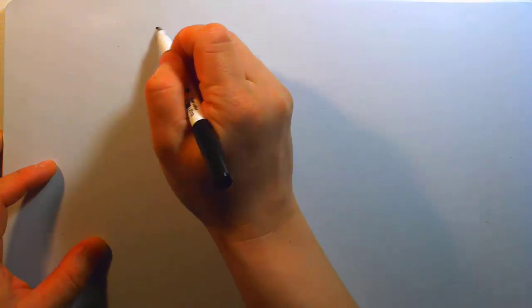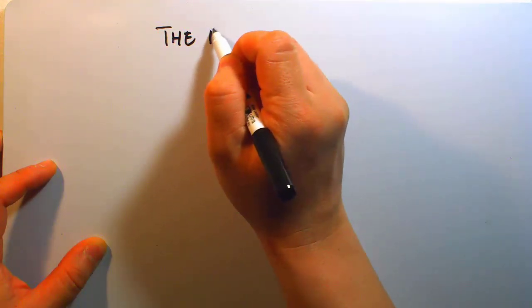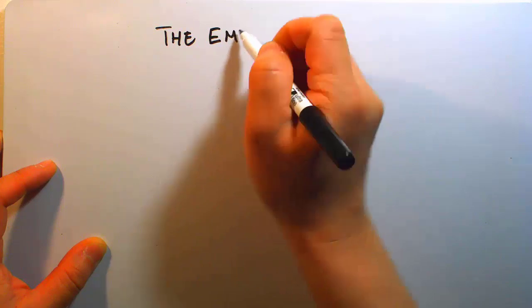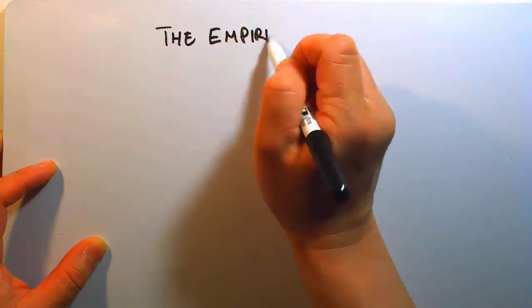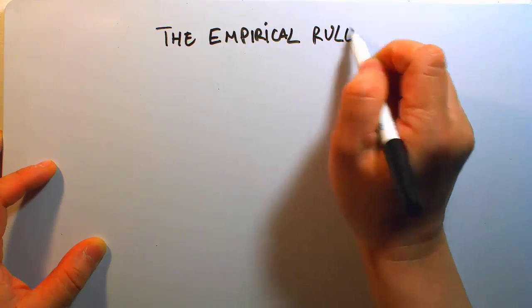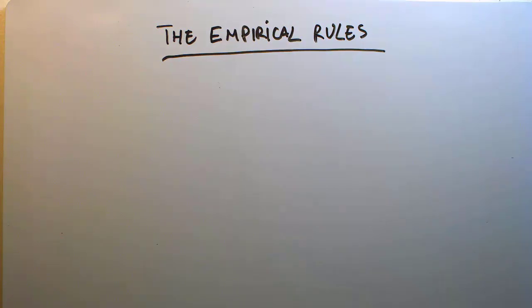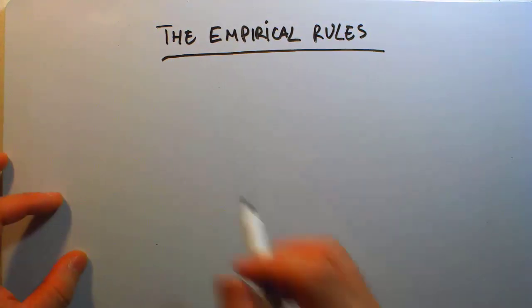All right, so now everybody is really ready to understand what the empirical rule is all about. It's actually not only one rule, it's a set of rules. So really now we get into the real core of the empirical rule. But before we can really get far on the empirical rules, I must point out that the empirical rules